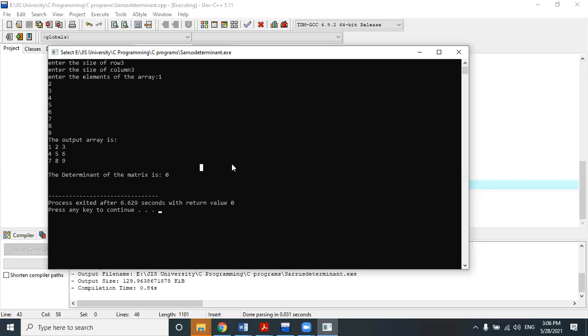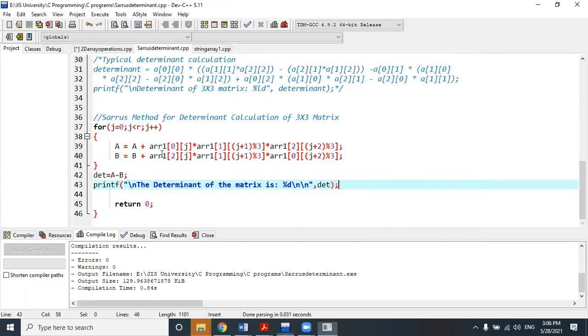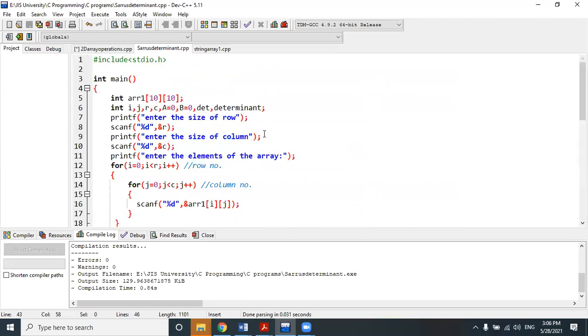You must practice this at home, okay? Clear? Everyone clear? Okay. So this is all about your numeric 2D array. Next class we will start with strings or character arrays. Then we will introduce functions. Everyone should practice at home, and now I am going to call the roll numbers, so everyone please be responsive.